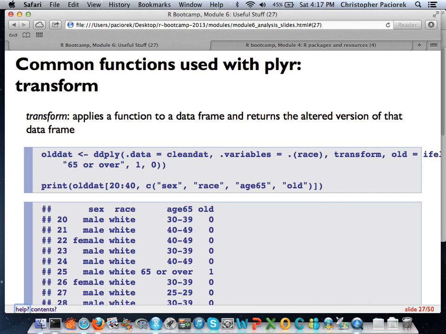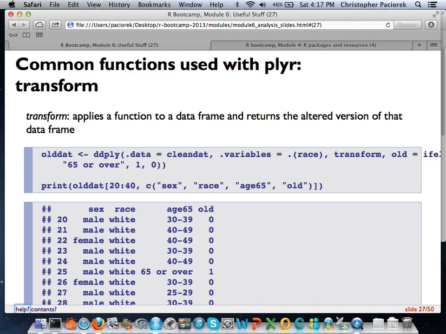You saw summarize. Another one is transform. So transform and mutate, essentially, instead of taking in some sort of object and eventually returning a completely new object, allow you to take that object and change it in some fashion, like add a column, for instance, add a whole bunch of columns, alter currently existing rows or columns, and then take that altered data set and return it directly to you here. But again, it's the same idea. So say we wanted to create an indicator variable of some sort for old people. In this case, we'll say, all right, if you're over 65, we'll count you as old, and we may just want to indicate that for some reason.